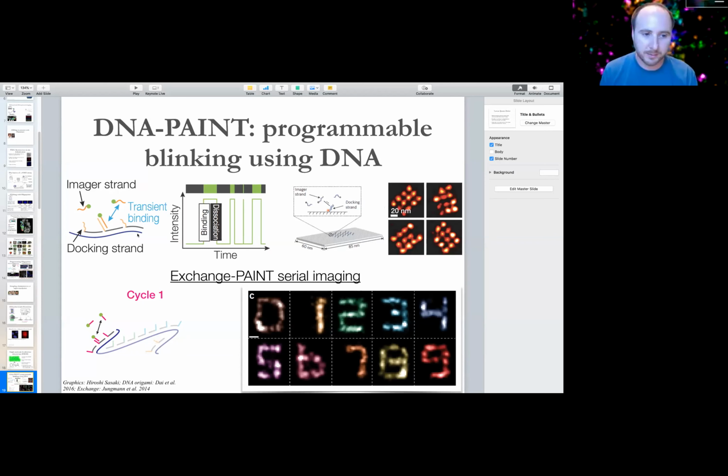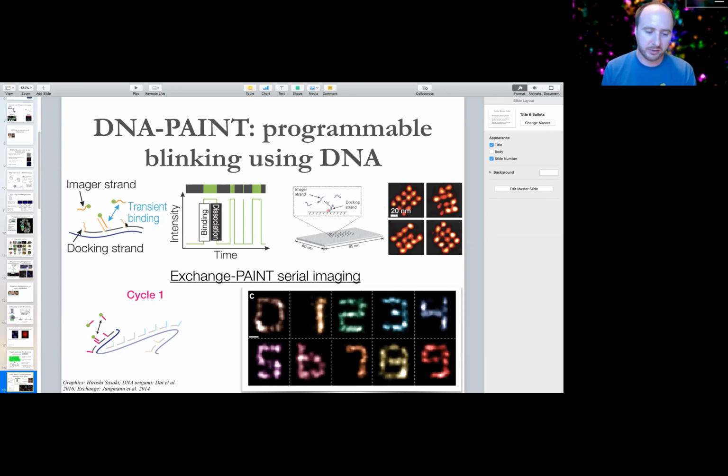So this blue here is our genomic target we're trying to hybridize to. Let's say this is a messenger RNA, and here are our complementary DNA FISH probes. What we do is we put a short overhang of sequence onto each probe that's shared for the probe set. And these are typically 9 or 10 bases long. And we do the imaging in the presence of the complementary sequence that has a fluorophore label. So just by random collisions, you'll get transient hybridization and binding of the fluorescent oligo onto these sites.